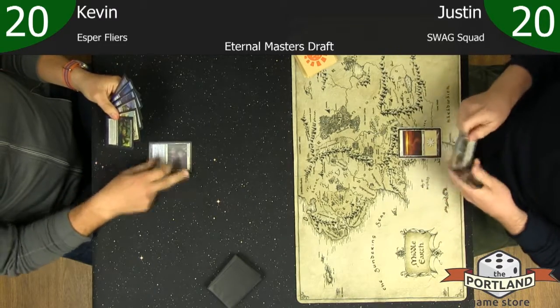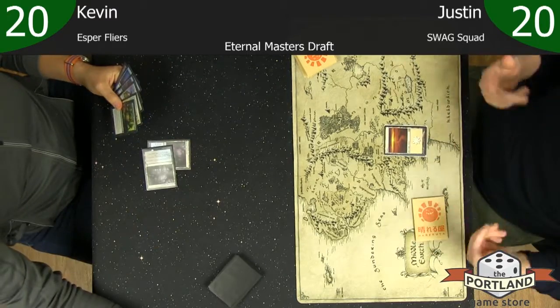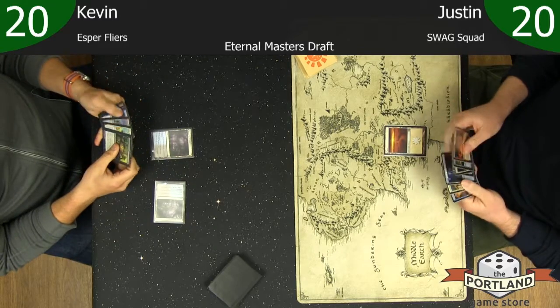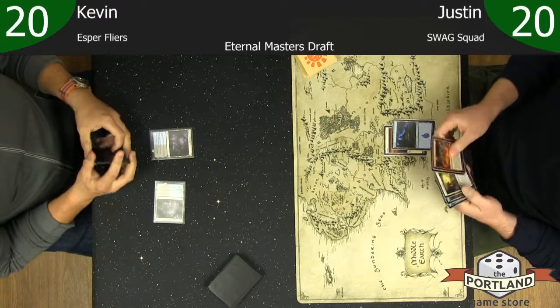Yeah, that's reminiscent of Khans block where everyone started at least 21. Yep. Now 22. Now 22. And it just keeps going up. So both players playing a little bit of draw and go. Yeah, I'm not sure if...